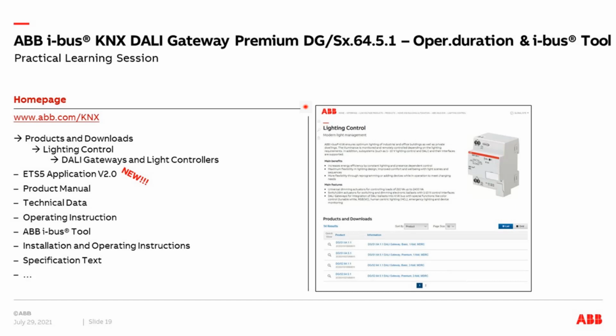Our comprehensive documentation, the new application program, product manual, technical data, and IBUS tool are available on our website. Go to abb.com/knx, and then you can go to products and downloads, like control, DALI gateway, and there you will find all this information. And in the ETS online shop, there's also the ETS app, update, copy and convert. With this tool, you can convert the DALI gateway which is still installed, parameterized, with linked group addresses,